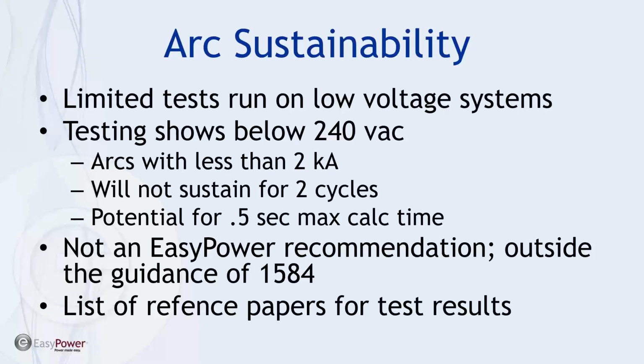So the point of this is that if I have calculated my arcing current, available voltage fault current, to be less than 2000 amps, more than likely that system will not sustain an arc if it were to form for longer than 2 cycles. It will self-extinguish. Net result of this is, okay, well, the 2 second rule is way overkill for what's going on. In fact, in many of these situations, limiting to 2 seconds gives me an incident energy calculation in a 240 volt system greater than the energy that is in the system at the 480